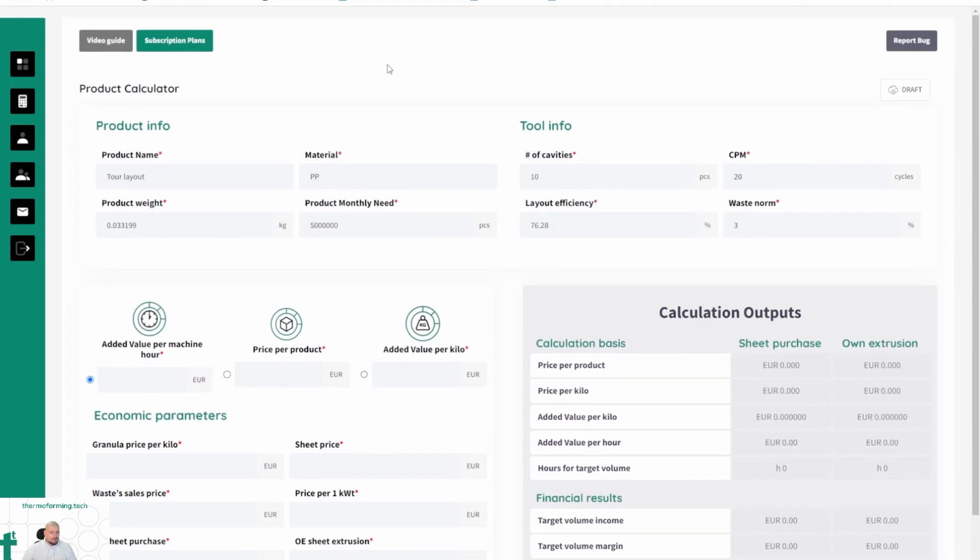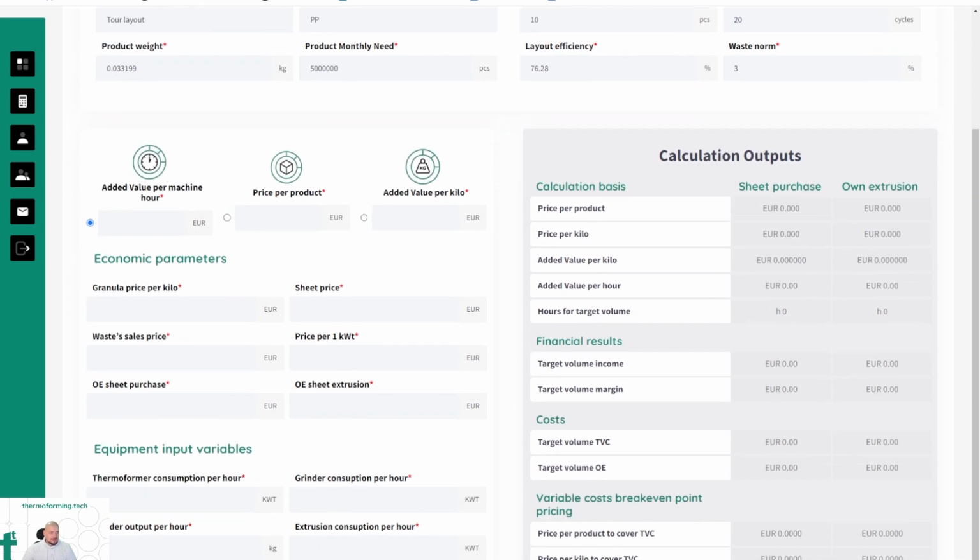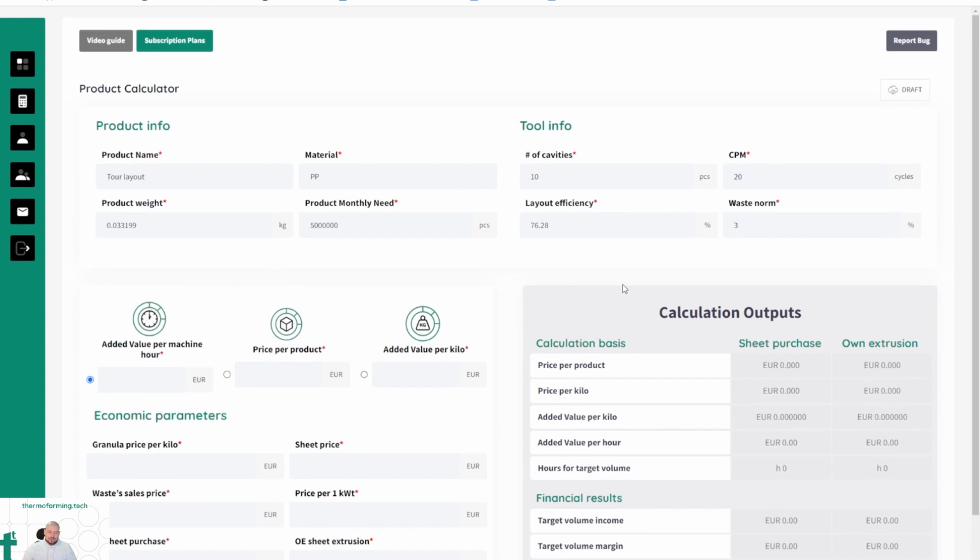And it is here, all the mold parameters which are required. So we only have to specify the granular price, the sheet price, and waste price to make the first tour of our spiral, and then add electricity, other sales costs, and operating expenses. I would like to stop here with the videos about the software and discuss a little bit, last thing, your